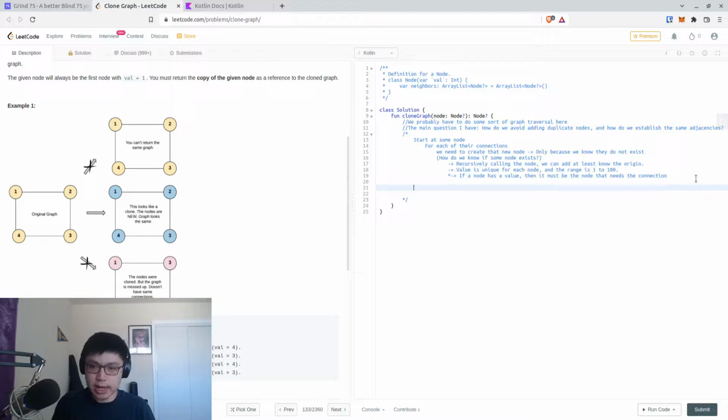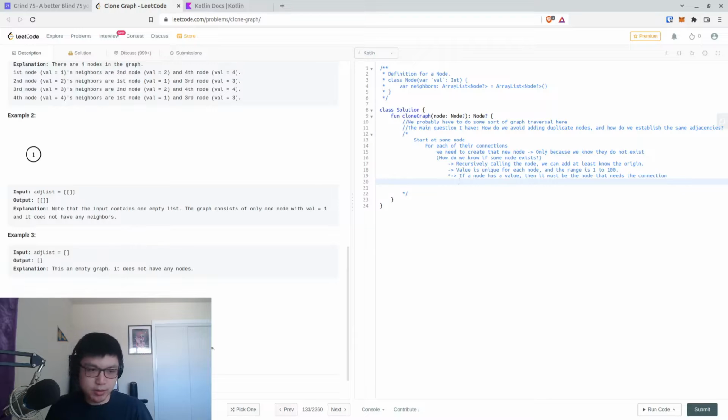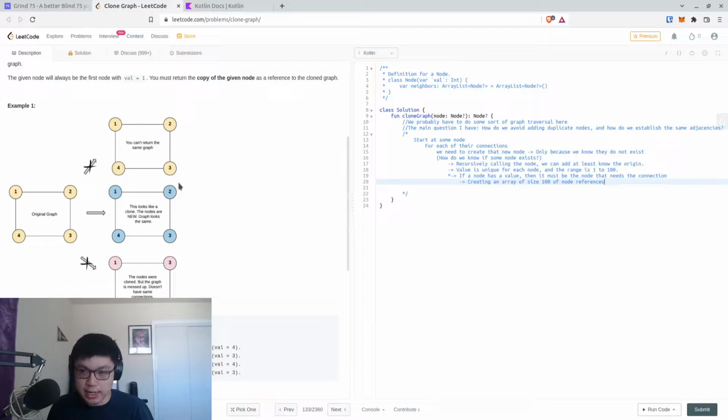So what I'm thinking now is that because the number of possible values is so low, we could probably get away with creating an array of size 100 of node references. And we populate those node references once we actually get a node value. So that means that if a node exists within,